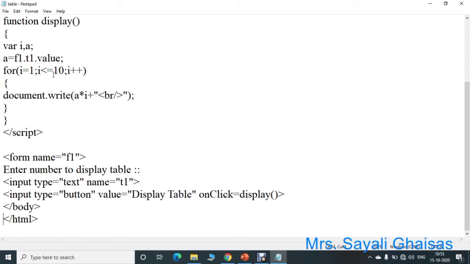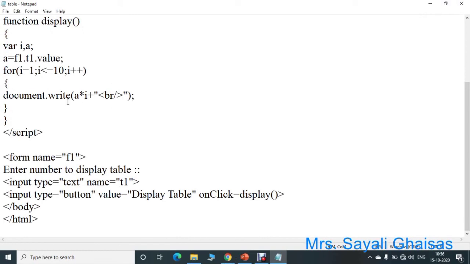Again check the condition. 2 is less than or equal to 10, so the condition is true. i's value is 2 now. So a into i. Suppose a's value is 10, then 10 into 2 is 20. So the second value printed will be 20. See here 10, after that 20.